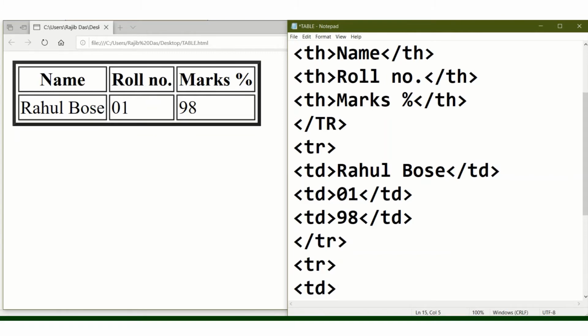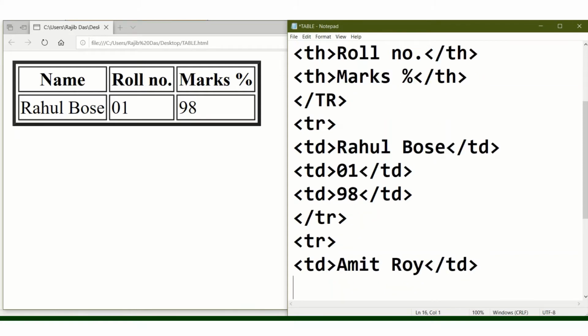Suppose I am writing the name according to the first column, Amit Roy. Okay, then close the first column, then TD